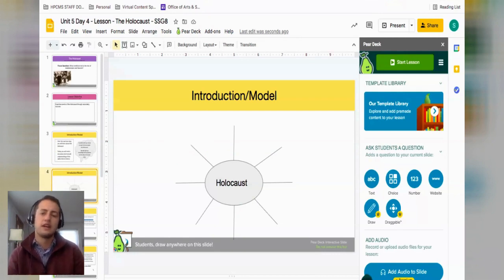I have students do that, and a lot of times they prefer it. I do have the paid version, and so I'm able to add a draw slide. You can see it says students draw anywhere on this slide. And in the second video, you're going to see what it looks like for students, but it actually asks them